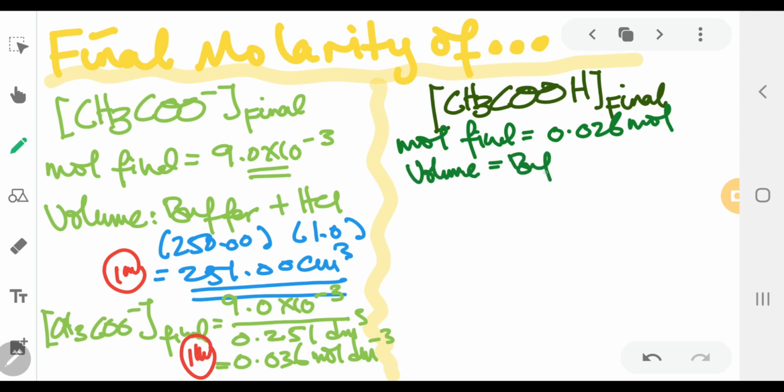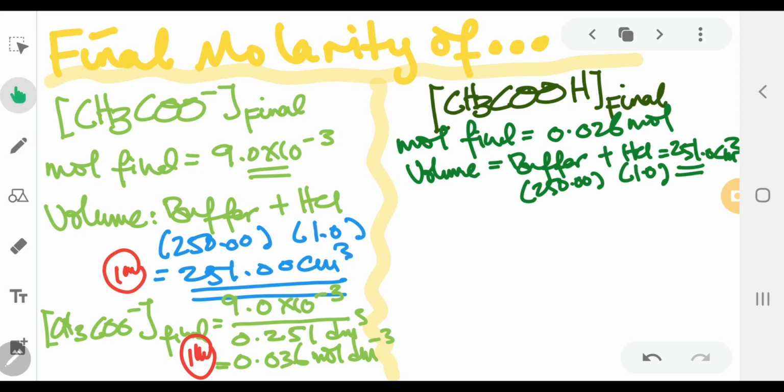You're going to have the buffer, which is 250 centimeter cubic, plus the HCl 1.0 centimeter cubic, and the volume is about 251.0 centimeter cubic. That is the new volume. You've got the mark over here already, so it should be the same as that one. So we can proceed to find out the final molarity concentration